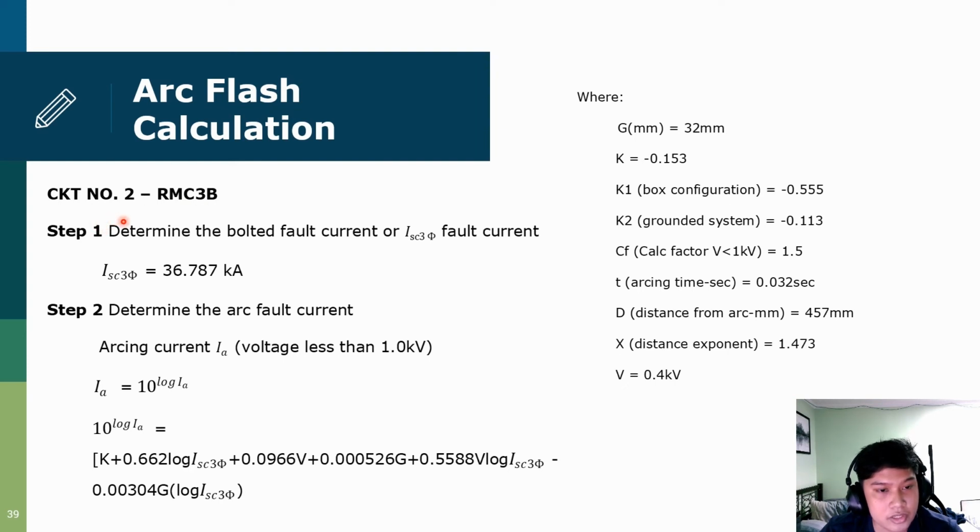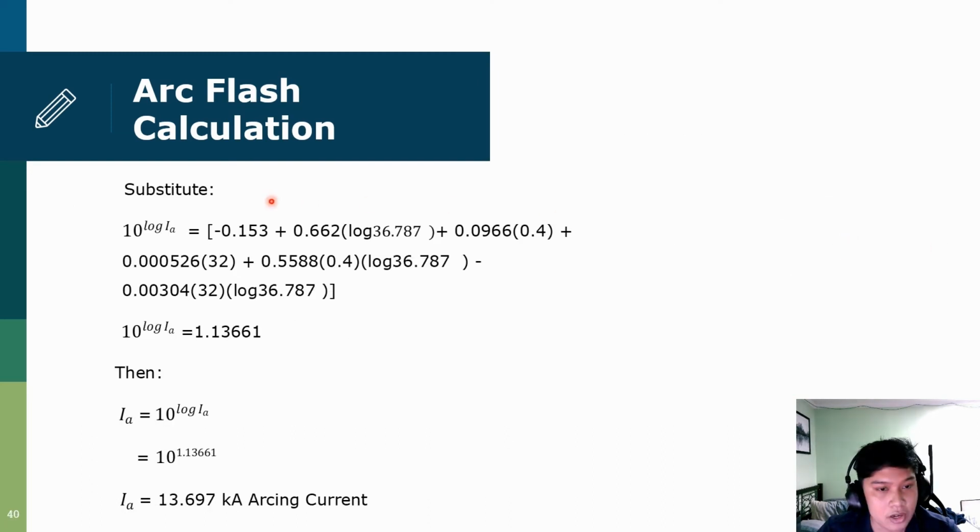Now for circuit number 2, RMC3B, our first step is to determine the bolted fault current or short circuit fault current, which is 36.787 kiloampere. In step 2, we determine the arc fault current. So this is the formula to be used, and these are the variables to be used, same as the previous one. We substitute the variables and we get